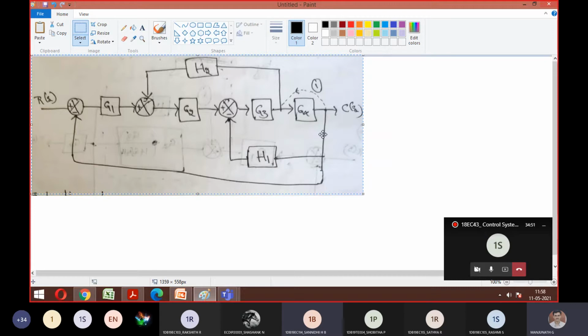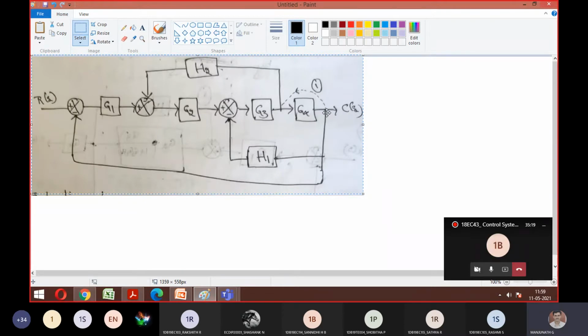Shifting branch point. Which one, this one? So you should shift one at a time. You can't shift 2, 3 times together. See, this is a concept. I can't shift this H1 directly to somewhere here. In between there is something, right? We need to reduce that as much as possible. See, just think.